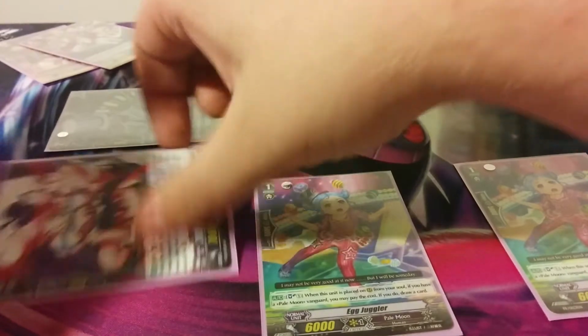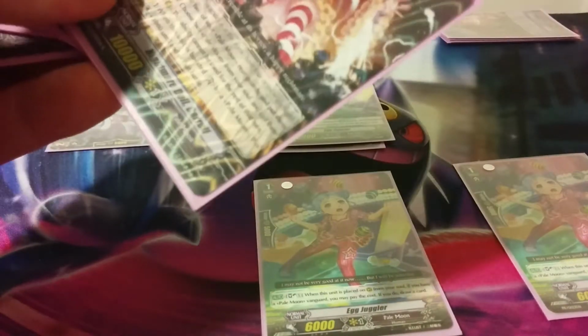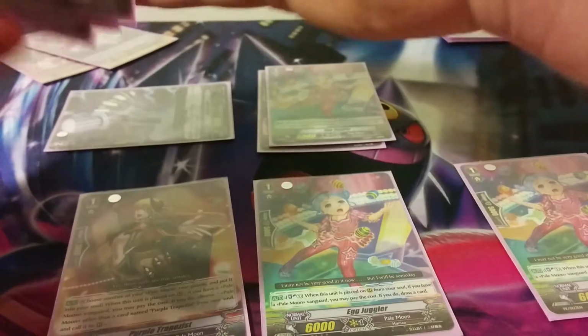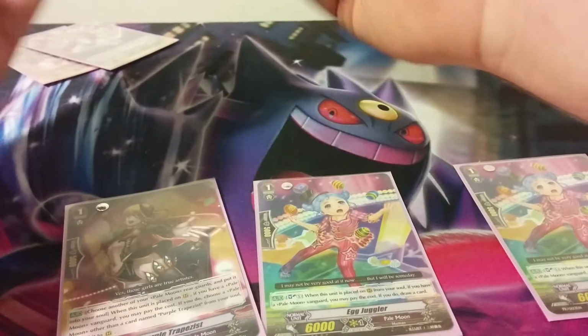There are a couple different plays. You can put Midnight Bunny into soul, then you can either call out another Egg Juggler and just draw, which is great, but you can also go Purple Trapezist, which is why we play 4 of her. You can go Trapezist. Trapezist puts a card in, and usually at this point you'd call like another Nitro Juggler or something for